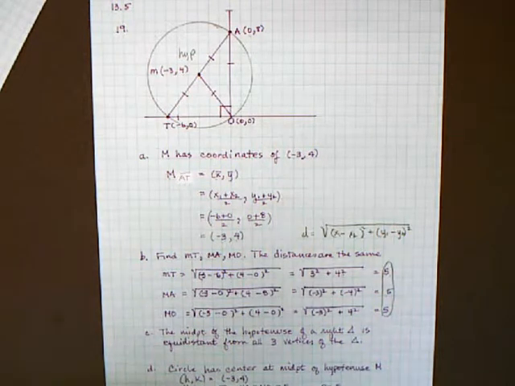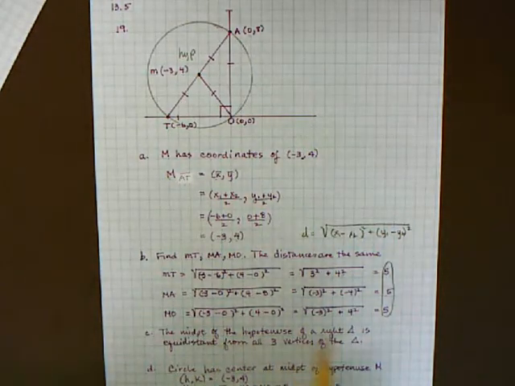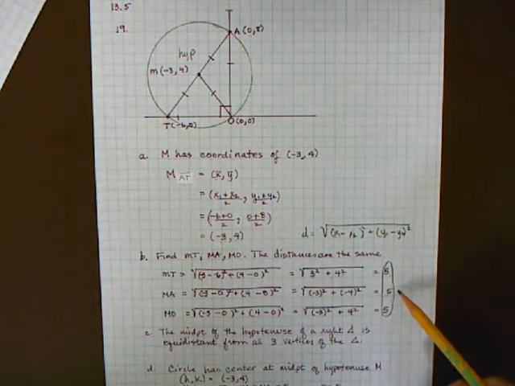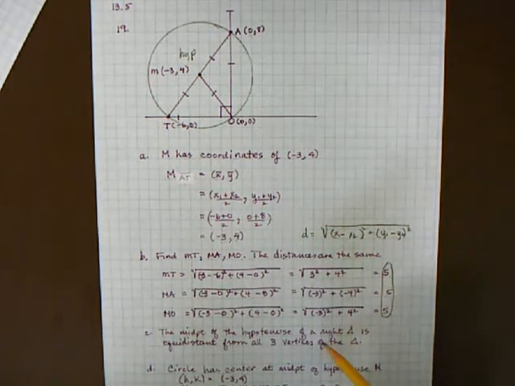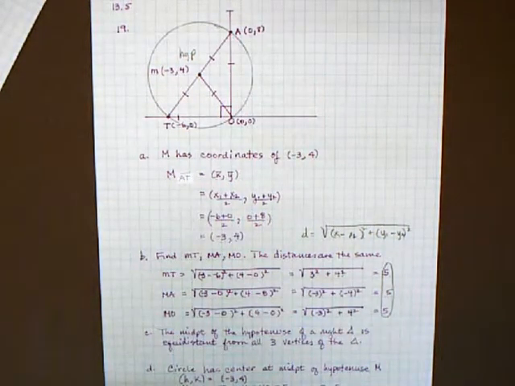So we compared the lengths of MA, MT, and MO. And we know that the midpoint of the hypotenuse of a right triangle is equidistant from all three vertices. So this is all, in some sense, busy work. In another sense, it's an algebraic proof of this theorem. So it's not busy work. Okay. The last thing we need to do, and this is where this gets kind of tricky, find an equation